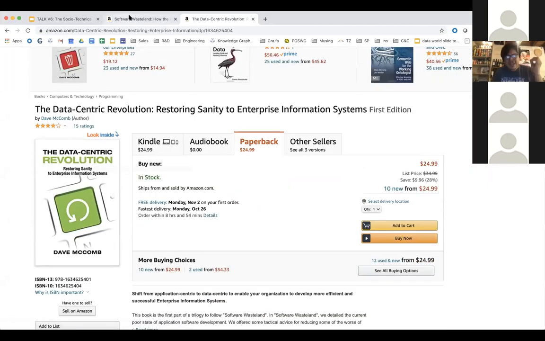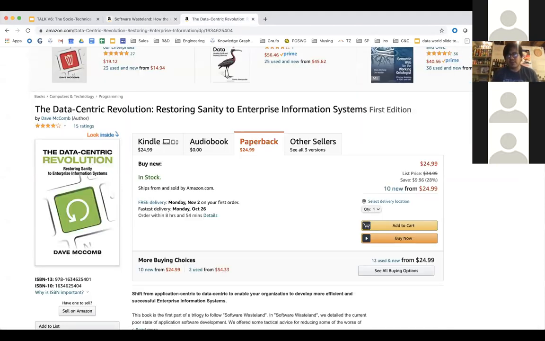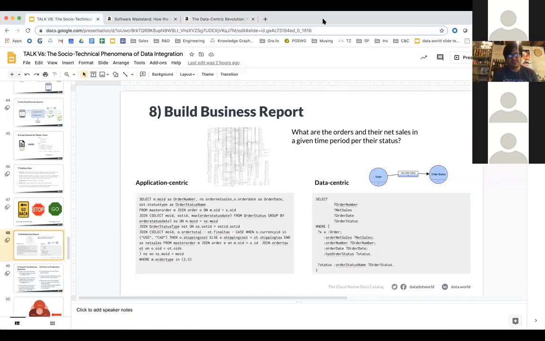So from a scientific point of view, this is what I encourage scientists and academics to do: go make observations in the real world, and you're going to find interesting problems that you're curious about. These two books really will open up a lot of great questions. I will guarantee you. I got that book, The Software Wasteland. Very interesting. I started reading it.